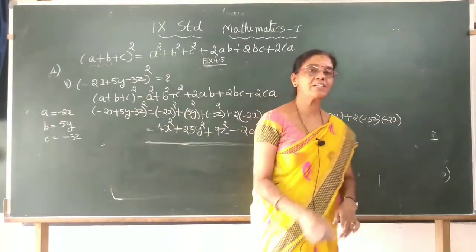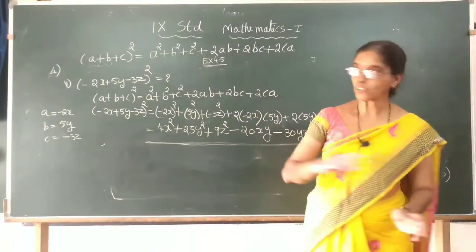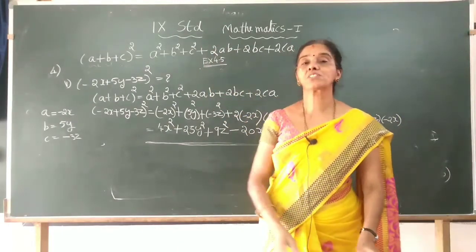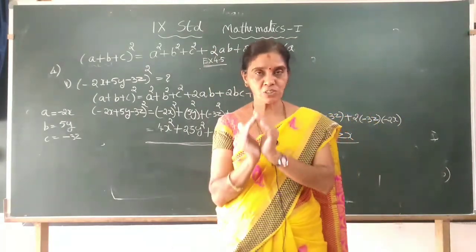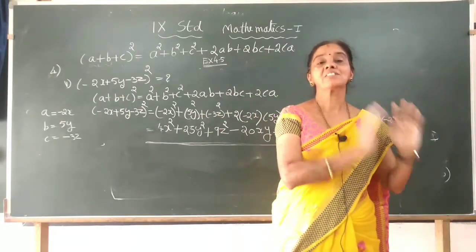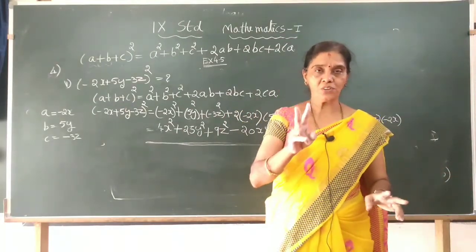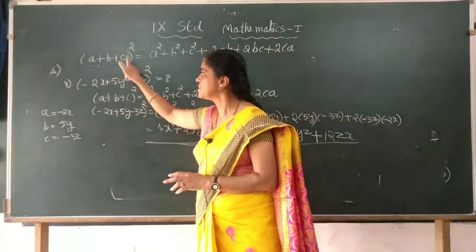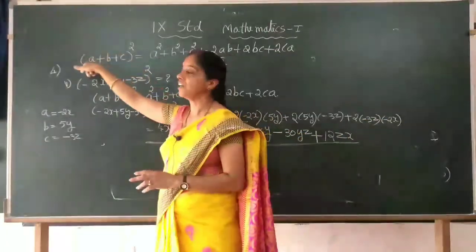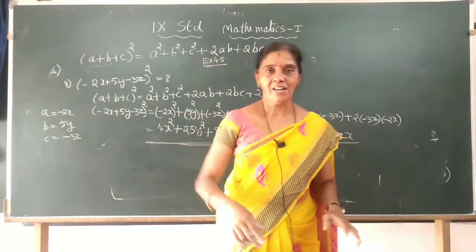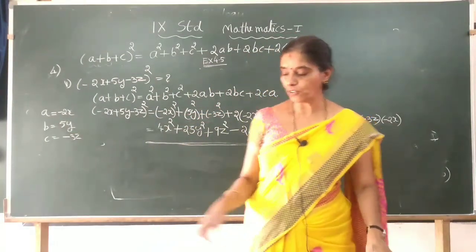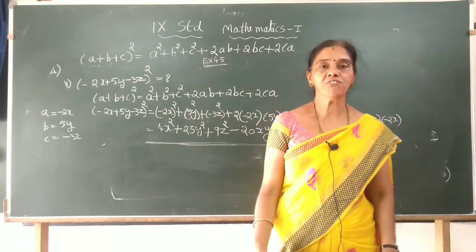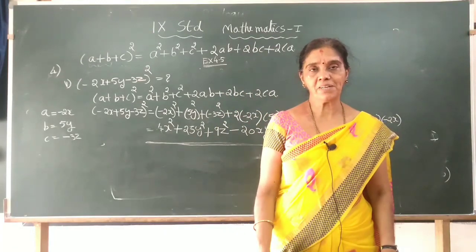I hope whatever numbers are given, you can solve. Just try to remember that (a + b + c)² is the first number square, a square, b square, c square, then 2ab plus 2bc plus 2ca. Remember it like that. Two problems I did. The four more problems, fourth onward, 1, 2, 3, 4, are homework. Okay, complete it. Thank you.